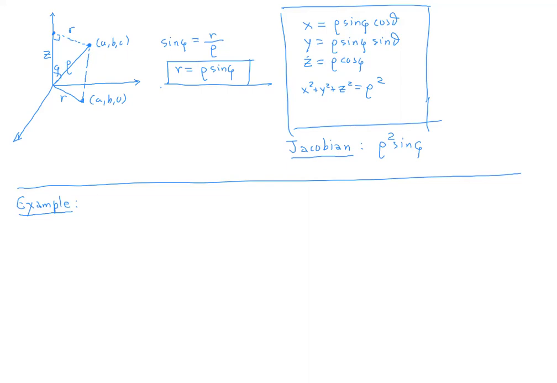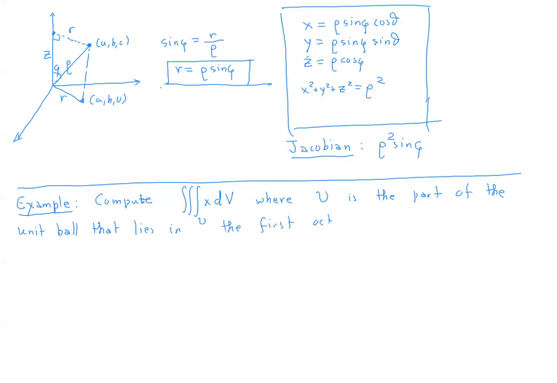So compute the triple integral of x dV over U, where U is the part of the unit ball that lies in the first octant. Again, the first octant is defined by the conditions that x is greater than 0, y is greater than 0, and z is greater than 0. Okay, so